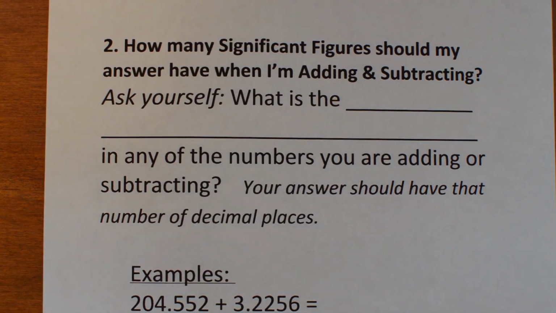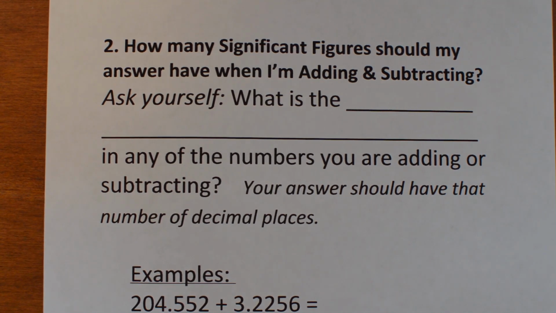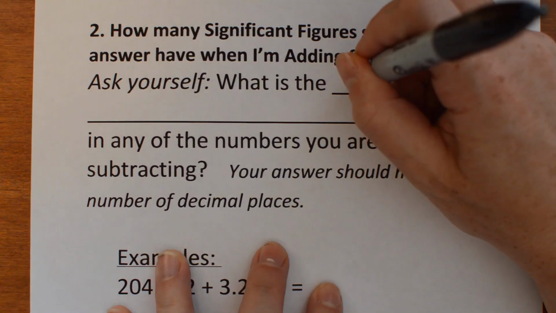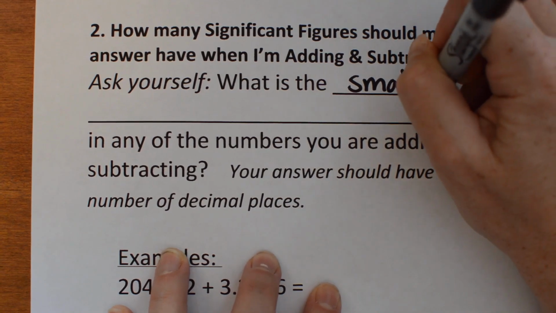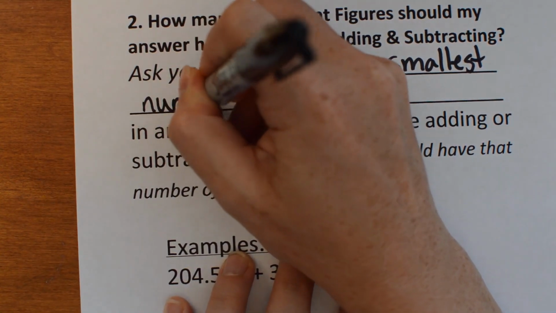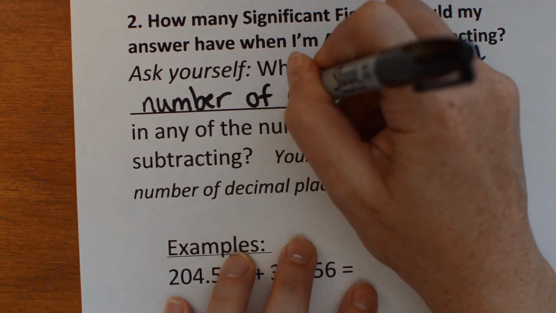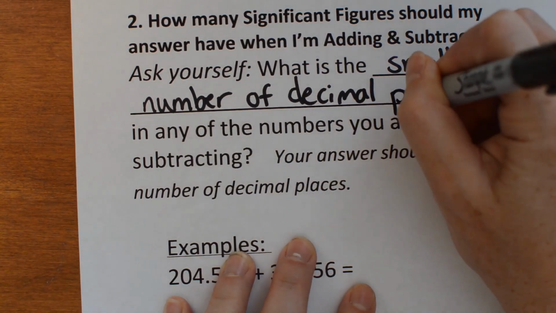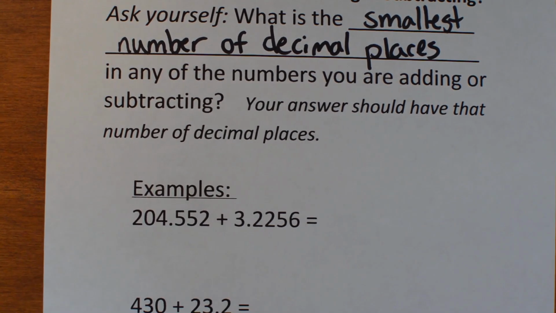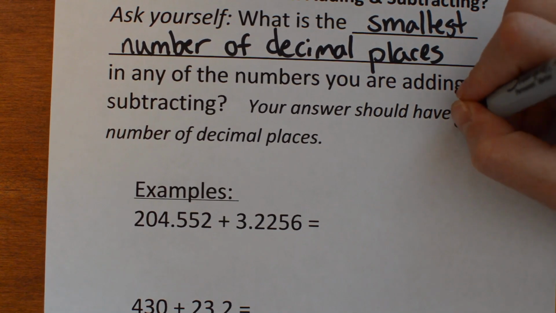So most of the time you're going to be multiplying and dividing, but every once in a while you'll have to figure out how many significant figures your answer has when you're adding and subtracting. So for adding and subtracting, actually, you're not going to be looking at the number of significant figures in either of the numbers that you're adding together or subtracting from each other. You're just going to be looking at decimal places. So what you're going to ask yourself is, what is the smallest number of decimal places in any of the numbers that you're adding or subtracting together, and your answer has to have that number of